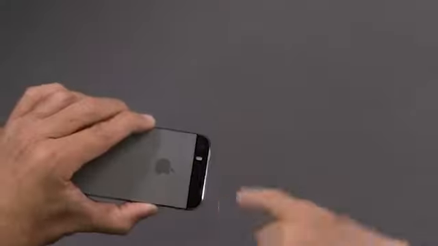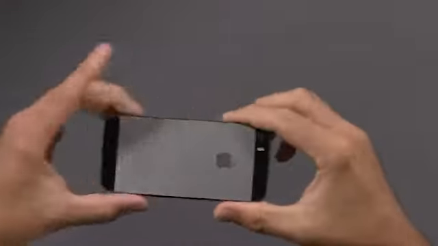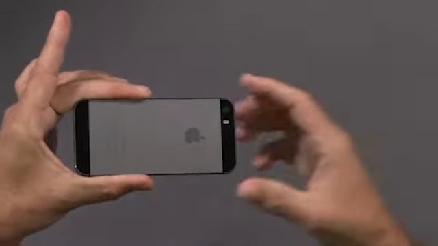So if you are at a party and you see somebody with a great pink dress, you want to make sure you get the right color of pink because you want to go out and buy it. What this color correction will do is actually fill in the light so that you get an accurate representation of the color. So again, that's something that the 5S brings to the table. Beyond that, there's not a whole lot here. Little self-promotion. There's the Apple logo. You're looking at an iPhone.